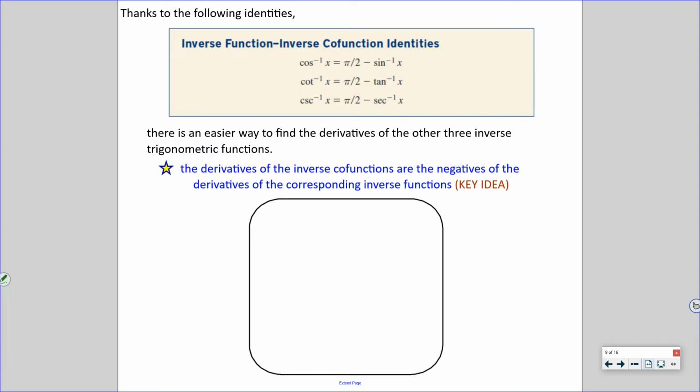All right, here are our other three. So we haven't talked about inverse cosine, inverse cotangent, or inverse cosecant. So an easy way to find these,